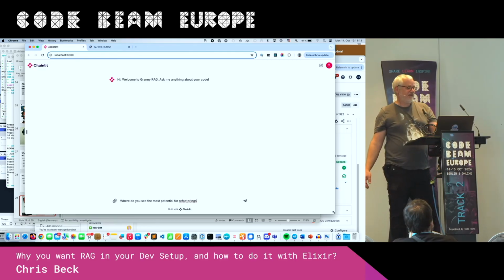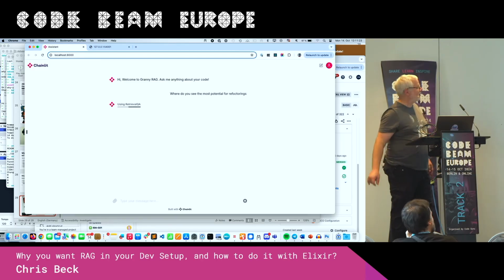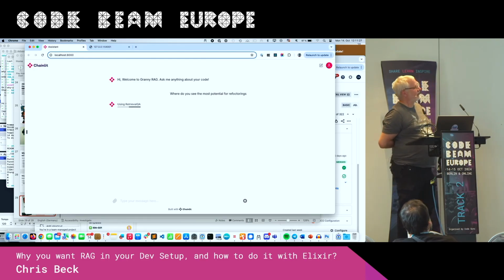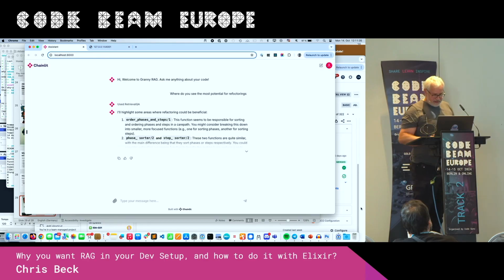It has potential refactorings, and the rest is probably garbage. I would expect that we find maybe a pull request. If you connect that to Slack, it's much better, because you expect that Slack has some of that. Highlight areas where refactoring could be beneficial.